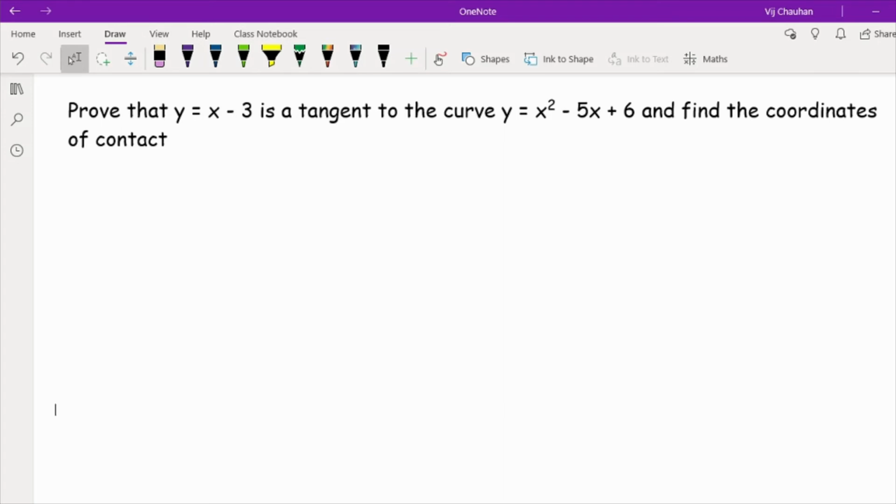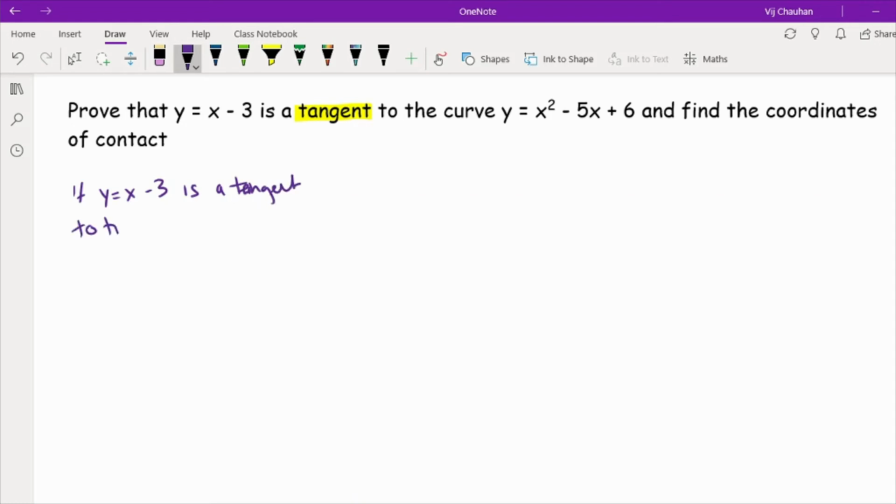Now in this question, it's not related to a single equation, it's related to a graph, and in this particular case we've got a straight line and an equation of a parabola. The key thing to note in this is recognizing what a tangent is. So if y equals x minus 3 is going to be a tangent to that curve, then what that means is that it's only going to have one intersection point. So if y equals x minus 3 is a tangent